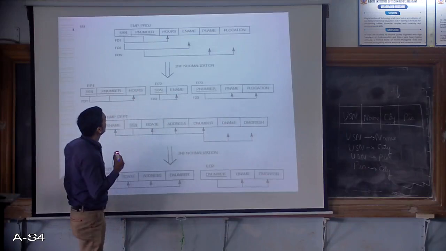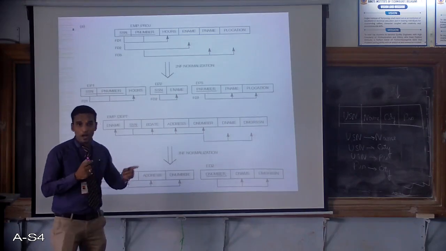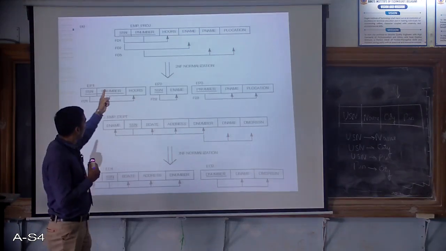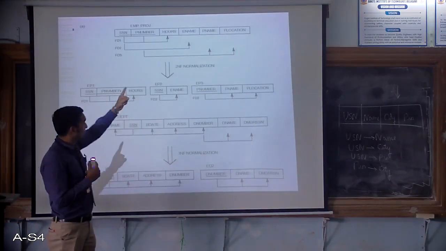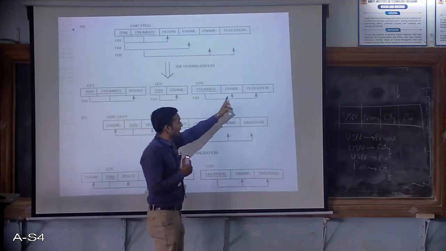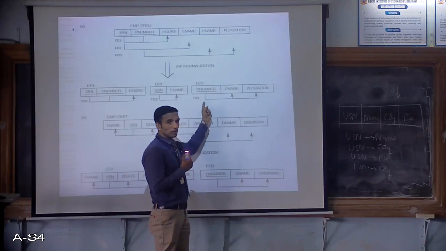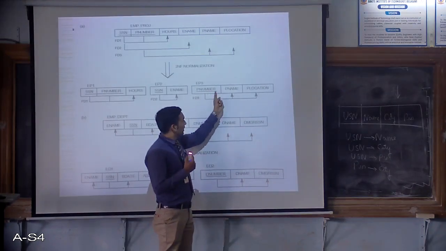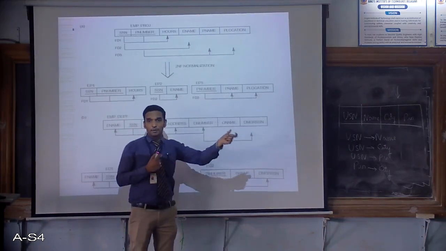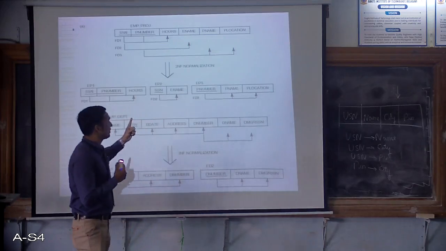Look at the other example there. If from that relation I want to know the project name, I know that with the project number I can tell the name of the project. With the project number I can tell the project location also. So project name and project location are dependent on project number. This is called a functional dependency. Project name and project location can be determined by project number. If it can be determined by another attribute, this is called functional dependency. Is this clear, what I mean by functional dependency?